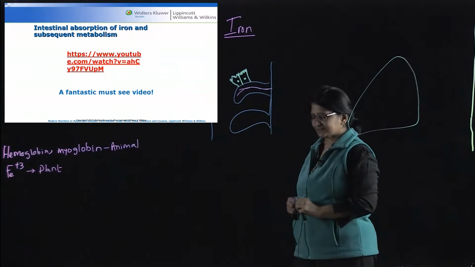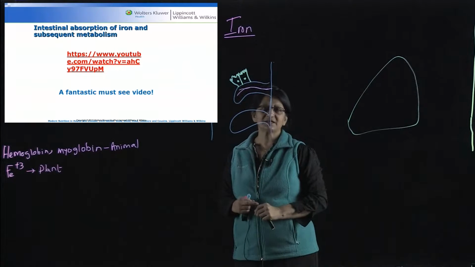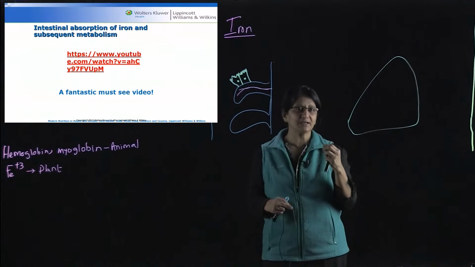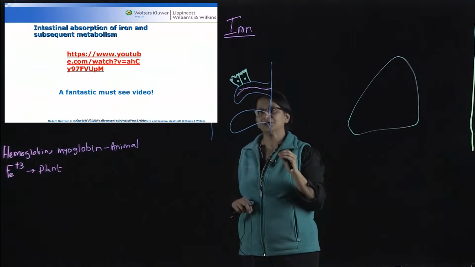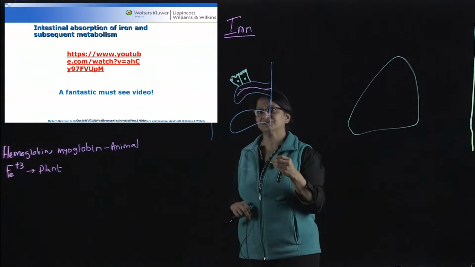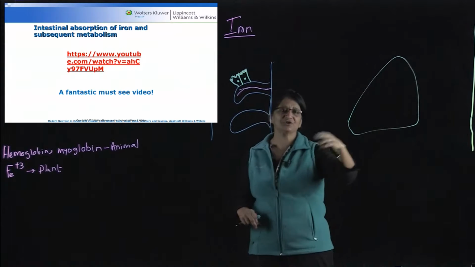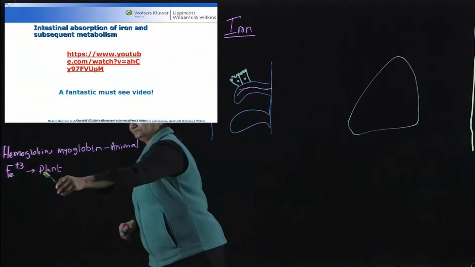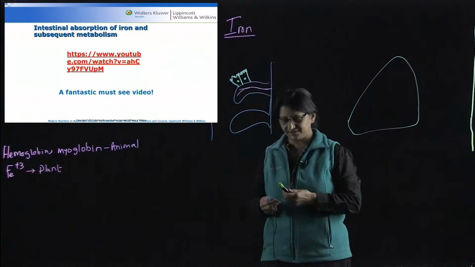It looks like this is an area of research that continues to happen, and your textbook talks about the roles of different types of proteins that they're still trying to figure out with regard to the uptake of heme by the intestinal enterocyte, and how exactly it leaves the enterocyte and makes it into the circulation and on up into the liver. On the other hand, if you were to consume the plant-based iron, which is in this form,